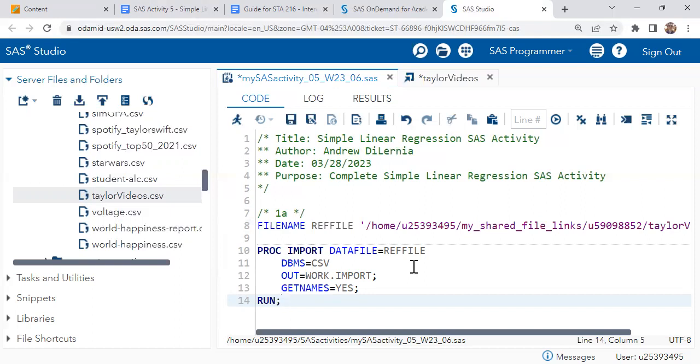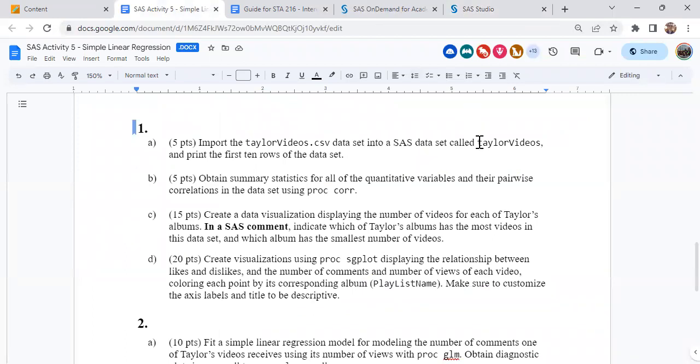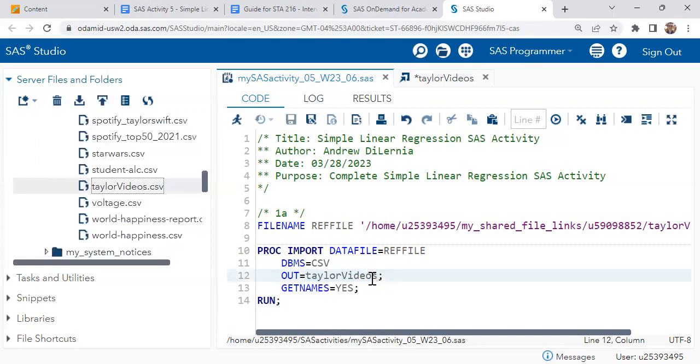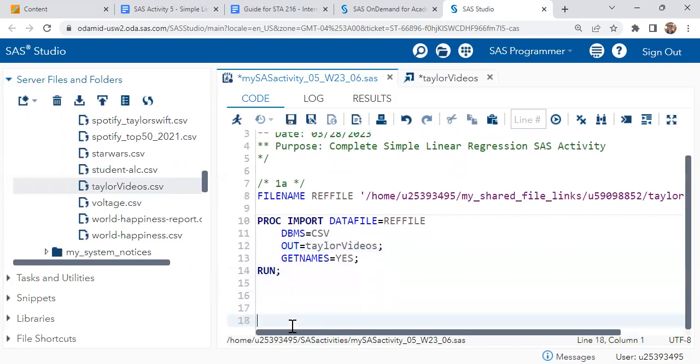And then we want to change a couple things always when we import the data. Generally, does anyone remember which options we like to add? Yeah, we changed the name of this, so we can call it Taylor videos. By default, it just calls it import, but we're going to call it Taylor videos. What else do we usually update in the code? I know it's been a bit. So we usually add guessing rows equals max,